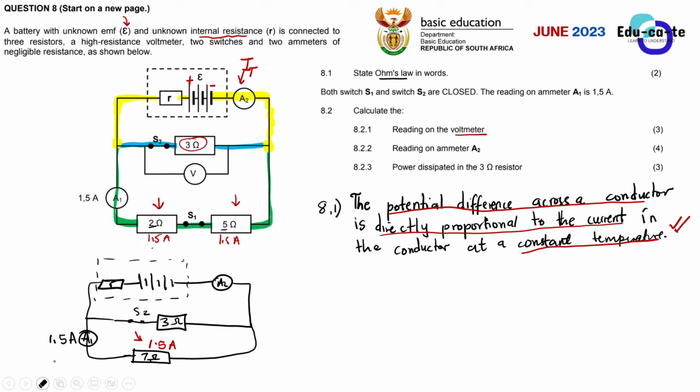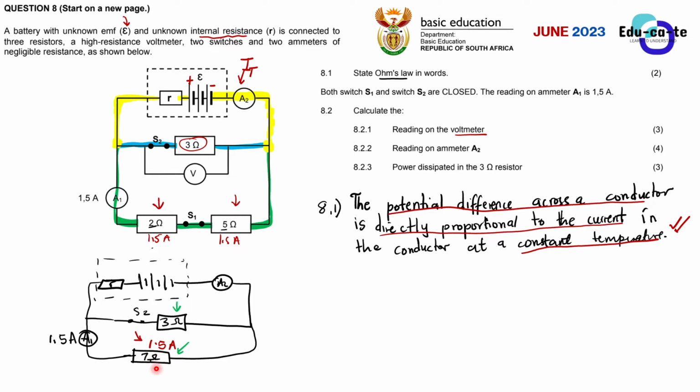Okay, so now how can you find that? We can use this simplified version of our circuit because we know that this 3 ohms resistor is definitely parallel to this 7 ohms resistor. That is why at first I said that it would be wrong for you to say that this 2 ohms is parallel to 3 ohms. No, it's not possible because there's also another 5 ohms resistor in series with it. That's why we added them up. So once we combine them, we only form one effective resistor. If we had another resistor here in series with 2 ohms and 5 ohms, you keep on adding them until you form one big resistor, the effective resistor.